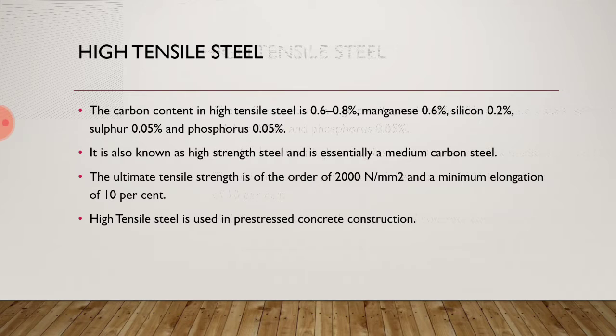And its ultimate tensile strength is at a whopping 2,000 Newton per millimeter square. And it has a minimum elongation of 10%, which is very impressive. The high tensile steel is used in pre-stressed concrete construction,